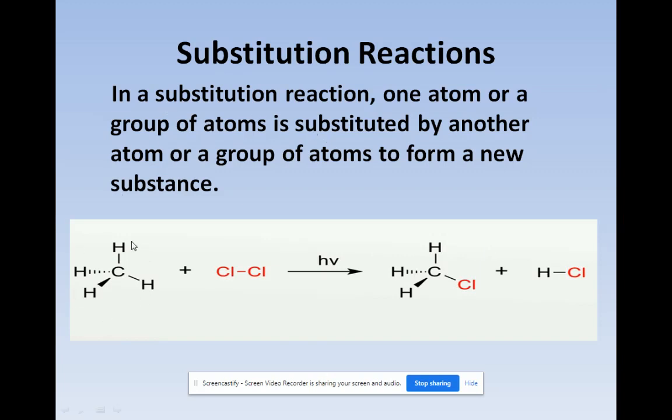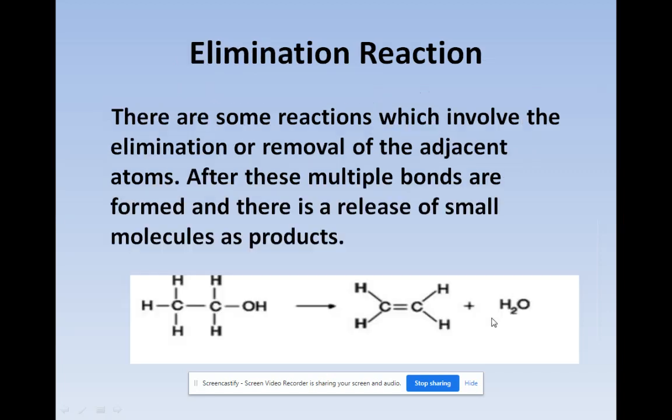You can see that this is methane and this is a molecule of chlorine. One atom from the chlorine molecule goes and takes the position of one of the hydrogens over here. So this is known as substitution, and it results in a substituted product, and the hydrogen from here goes and attaches to the Cl. So in a substitution reaction, one atom or a group of atoms is substituted by another atom or a group of atoms. So in place of hydrogen, chlorine is substituted and hydrogen takes the place of chlorine. These types of reactions are known as substitution reactions.